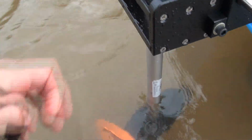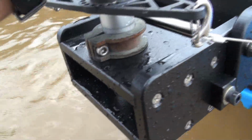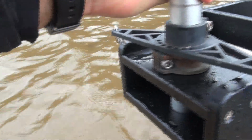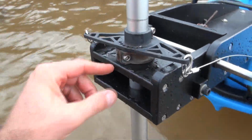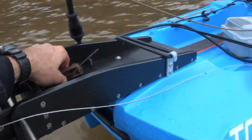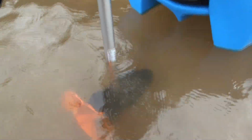And you can hear that. You can listen for that motor. It'll sound different, and your speed will actually bog down when it starts to suck air. You'll hear it doing that back there, and you know that, all right, it's too close to the surface. So what we do is I've loosened this one up, and I'm just gonna push that down a little bit. Actually, I pushed it down all the way, but that's okay. We're gonna try that. That gets that prop deeper, and if I needed it deeper than that, I'd obviously move the steering triangle up a little bit more and make that adjustment again. So keep your Allen keys handy to make that adjustment on the fly